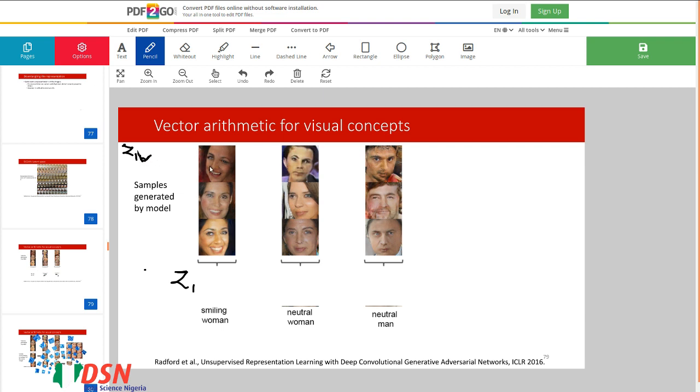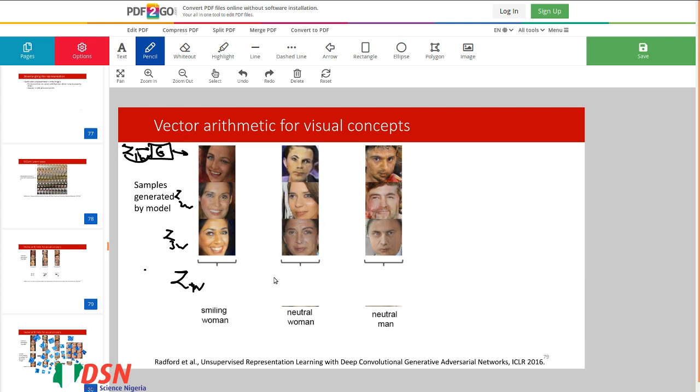The generator network that creates this face is probably like this. We have the random noise, we have the generator network, and we have this output. So let's call it Z1W, Z2W, Z3W. If we just calculate the mean of these, let's call it ZW.